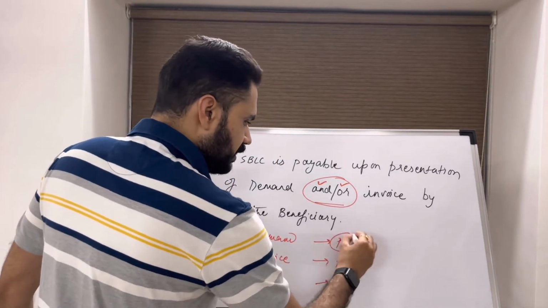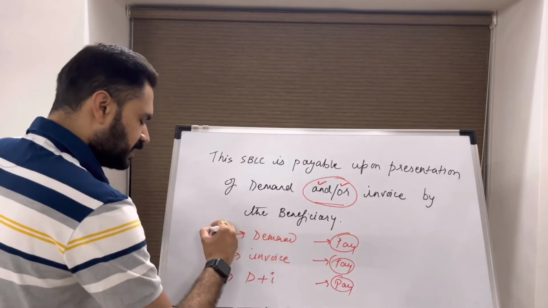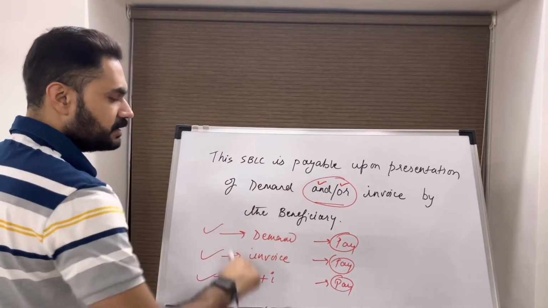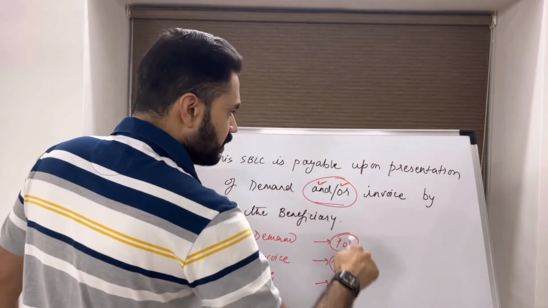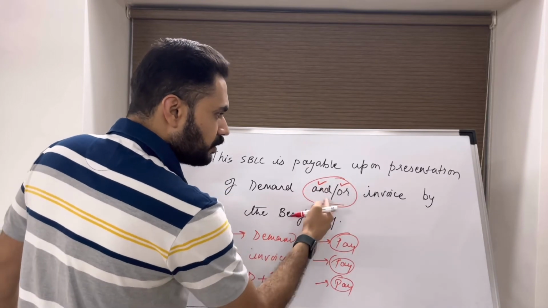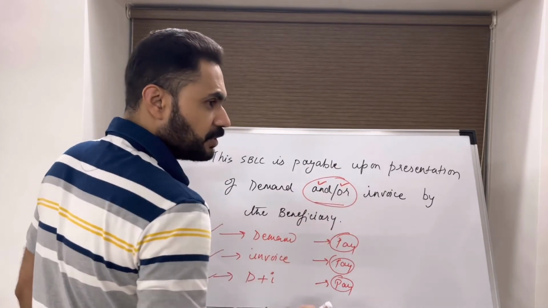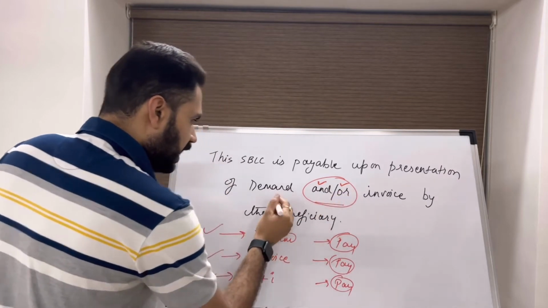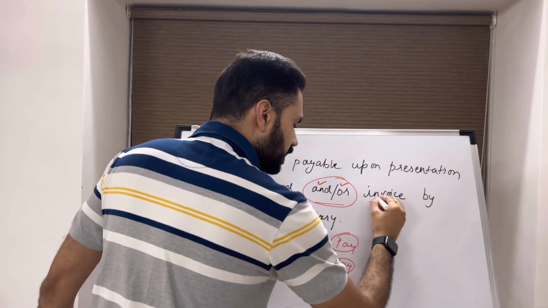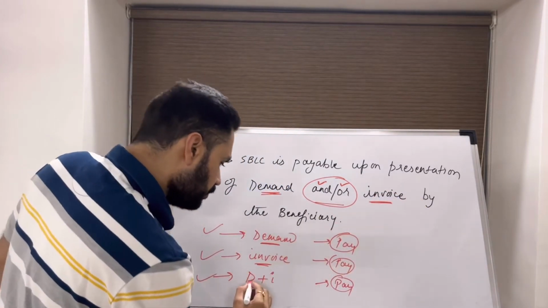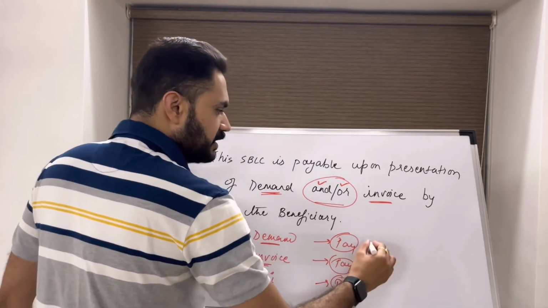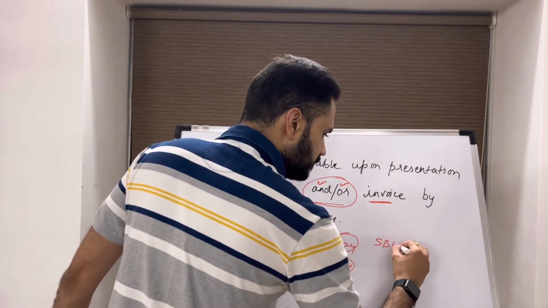This payment will be done if these respective documents comply with the SBLC terms and conditions. Since you are using the word and separated by a slash and using the word or, this means either this document or this document alone, or both of them combined. If they are presented in line with the SBLC terms and conditions,